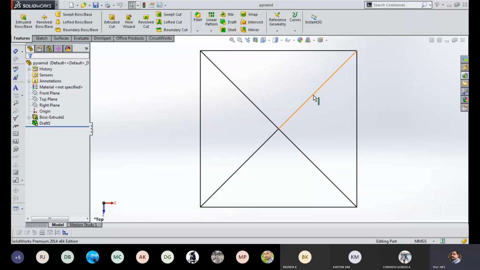In case of prisms, how does the lateral edge look like in top view? If the prism is kept in vertical orientation and you look at the prism from top, how will the lateral edge of the prism look like from top? It looks like a point. What is the reason? Since that lateral edge is perpendicular to HP, the view on HP will be a point.